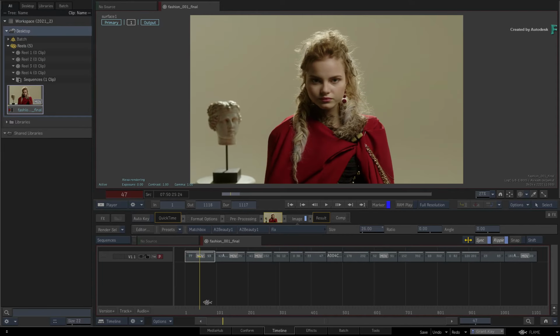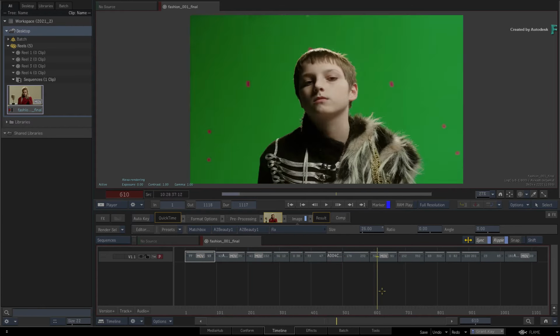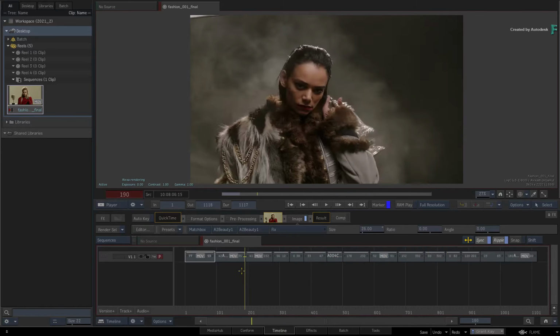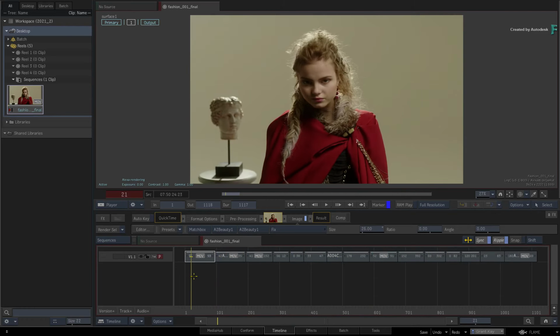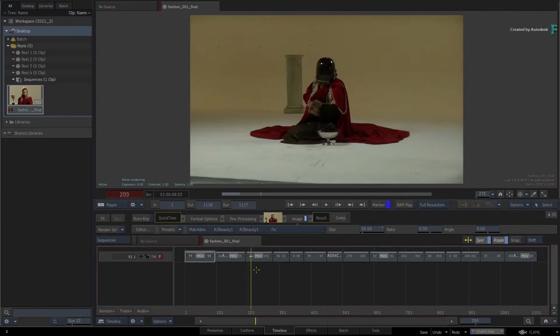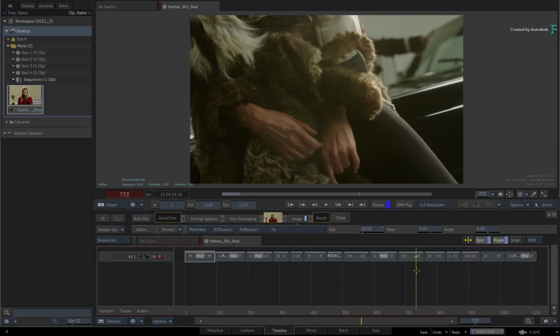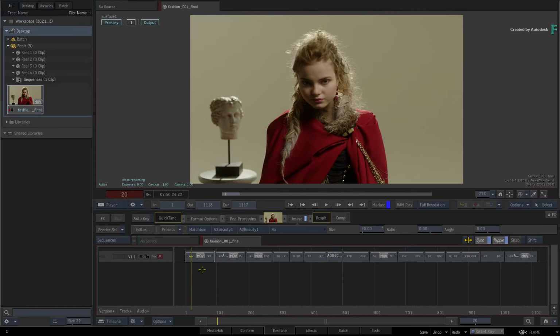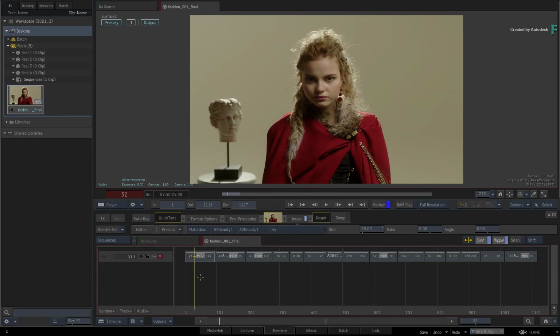Now, when working in a timeline effects, and not batch or batch effects, the machine learning cache and motion vectors cache will be processed to your main storage and is persistent between sessions. Since the cache is considered as part of the project, it can also be archived, which will be covered in the next section of this video.